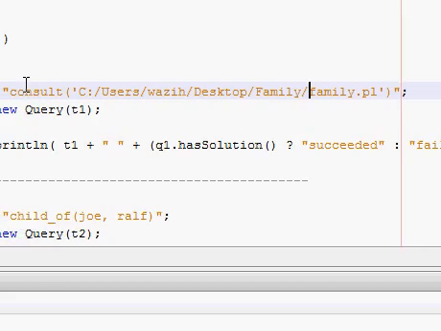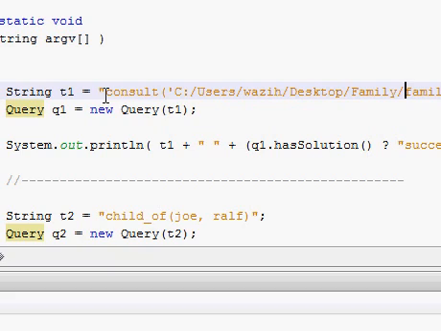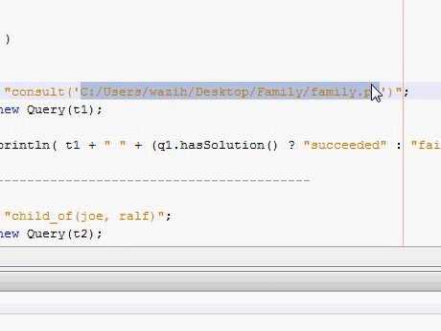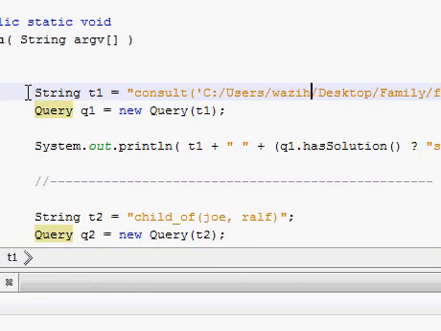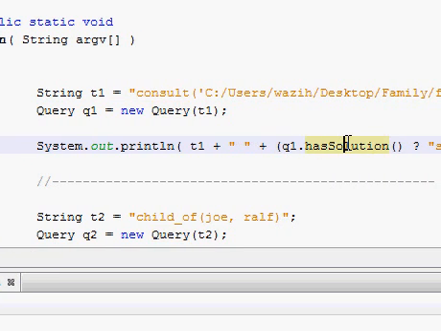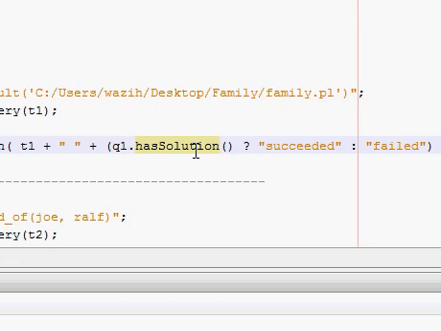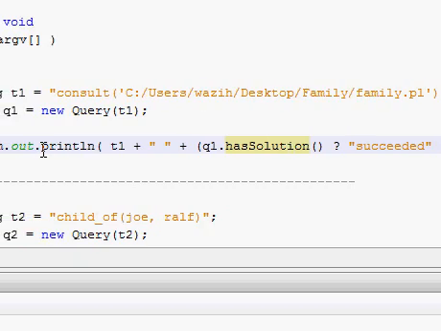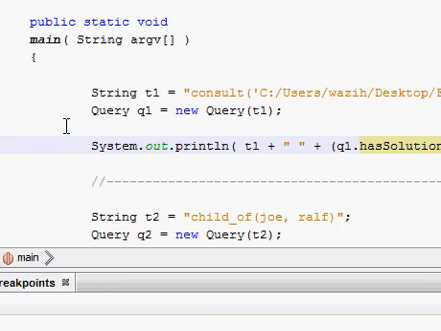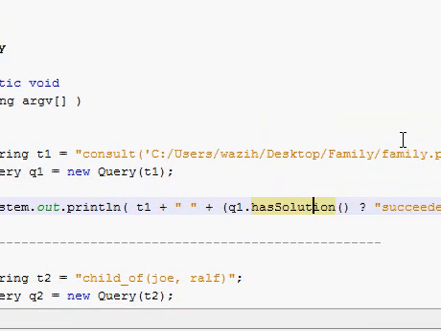Okay, now you can see this string contains one predicate, consult, and the path of the file to be consulted, and this string in the form of a query is being submitted to the Prolog engine, which is implicitly called by the Java program, and we will see that when we execute this program,